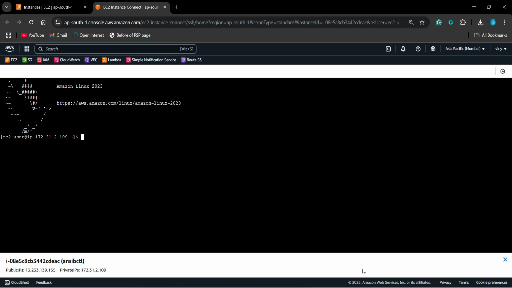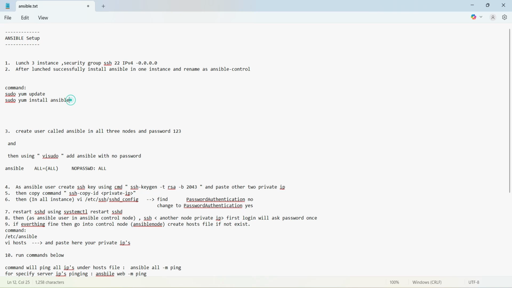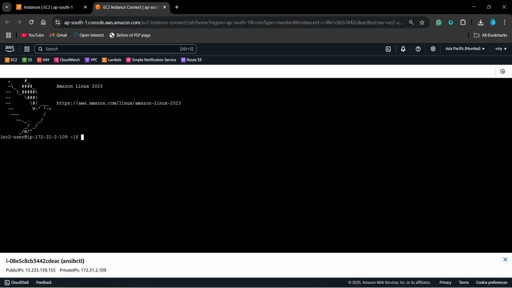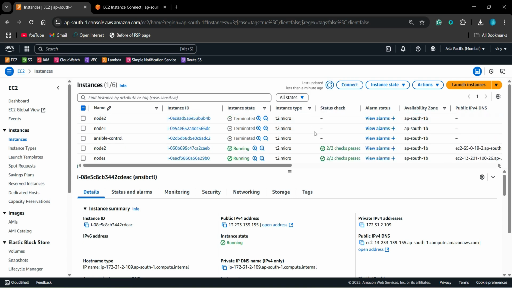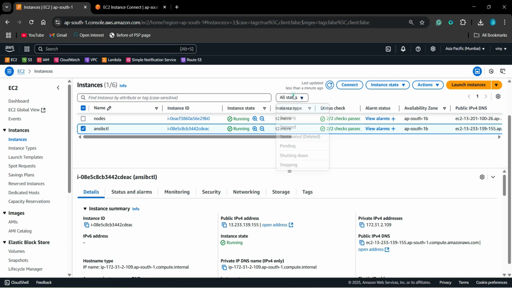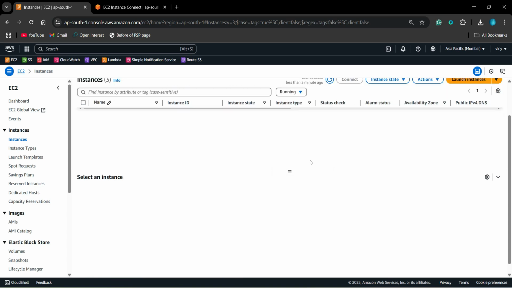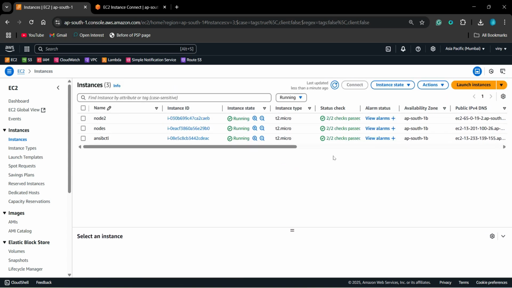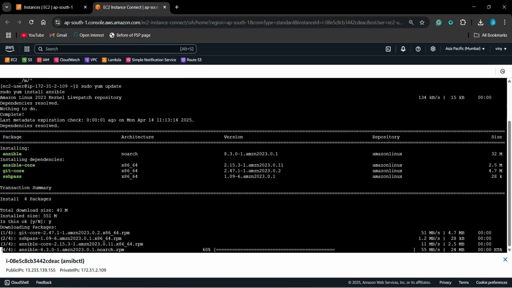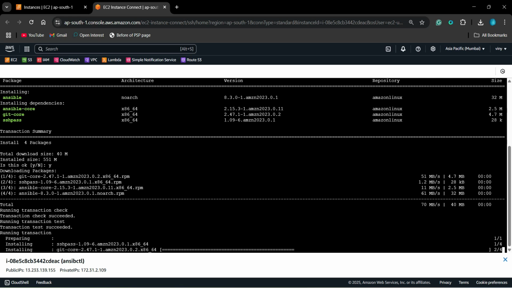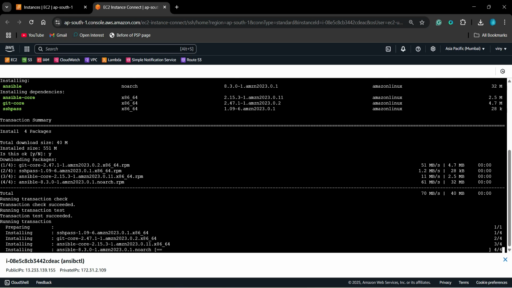We can do one thing, we can just copy and paste it. It is taking time. Now it will install.